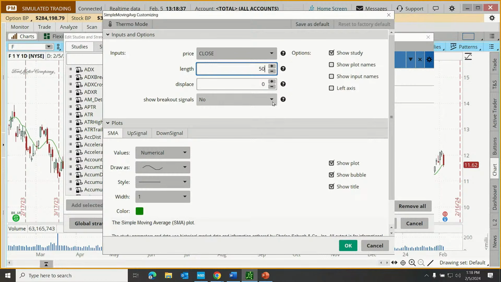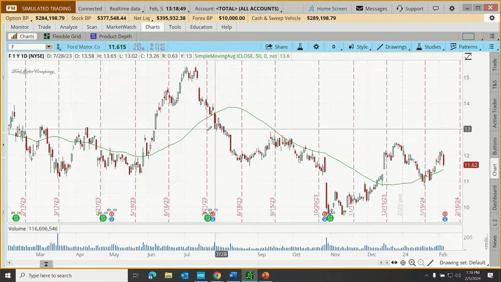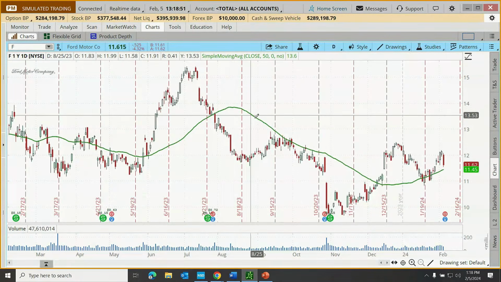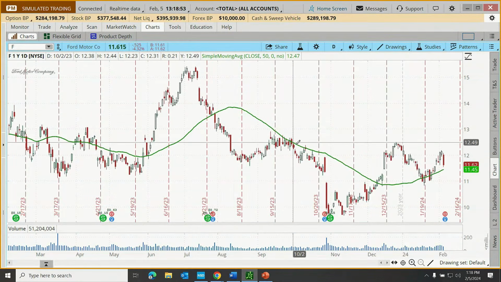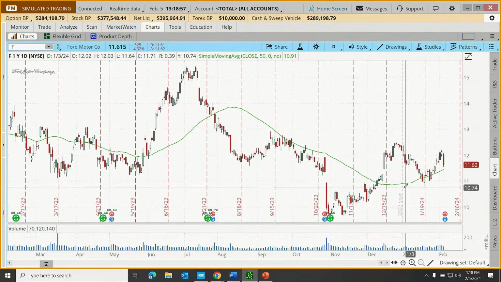So it's going to be much less sensitive to a new day worth of data. A new day is only going to have about a 2% impact, roughly. Okay. Let me click OK and click apply. And now we've further customized our chart setup where we have a 50-day moving average applied. Right now,